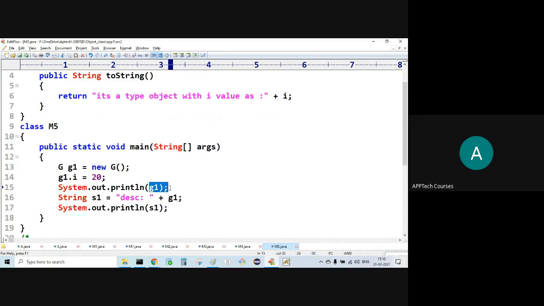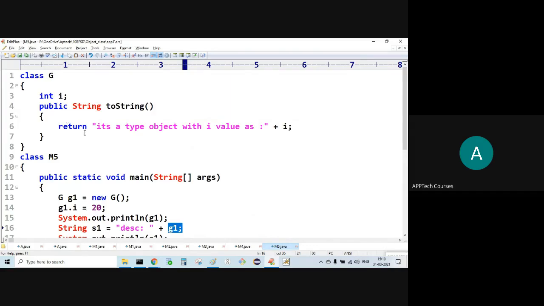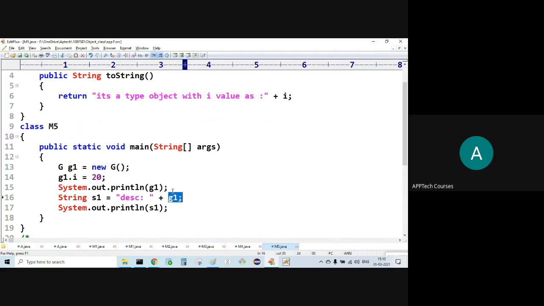Initially it was the memory address, then from the reference variable it calls the toString method of the class, and after that it concatenates with the prefix string.